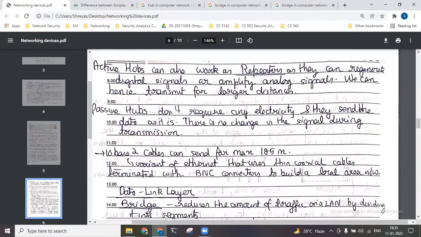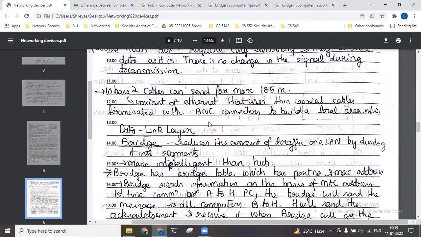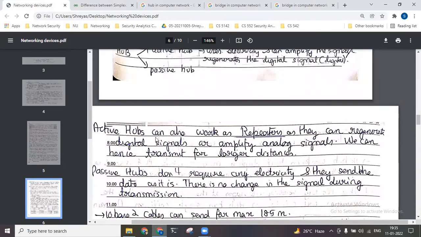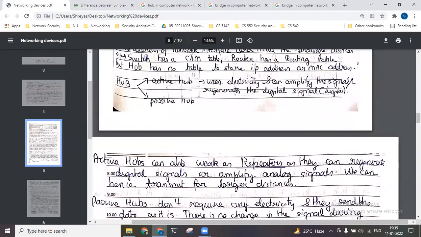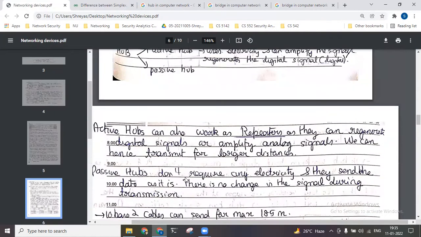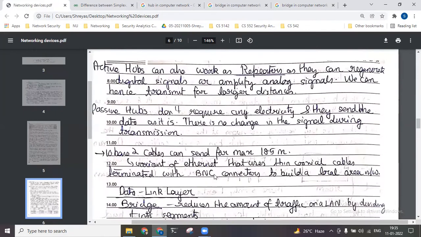Now comes the next type of device that works in the data link layer, because we saw the physical layer, right? We have these hubs and repeater. A repeater is nothing more than an active hub, we can say, that can just regenerate or amplify the signal. And that can help us basically shout. It's just like shouting for a longer distance. We are able to shout for a larger distance. And then comes the data link layer, where we have the bridge and switch.